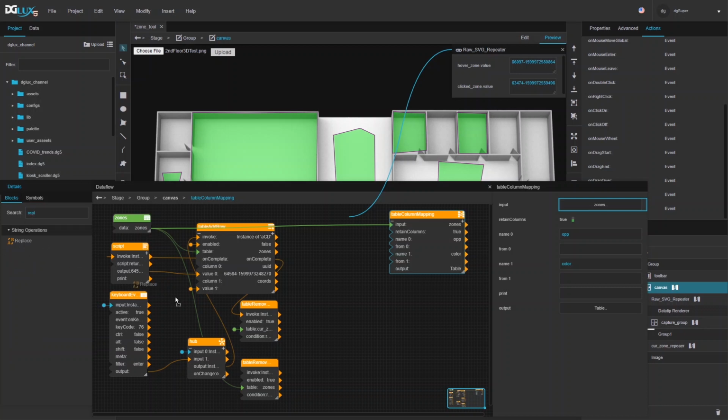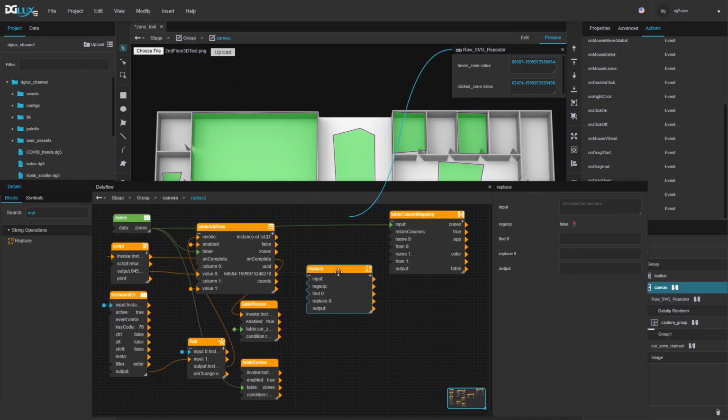I'm going to use a replace block to create that expression for each one of them. Expression will be as follows. So it starts with an equal sign, as any expression would, in the column mapping block. And then we're going to compare the UUID field, right? So I'm just going to refer to it by name, whether it equals the UUID placeholder, right? And if it is, then I want my opacity to be 0.7,